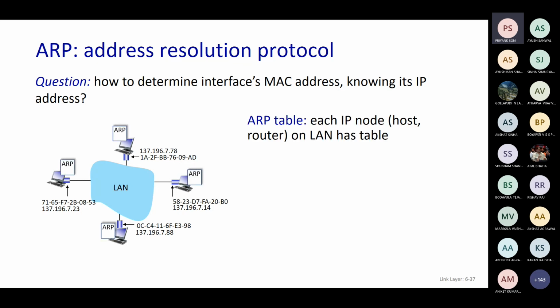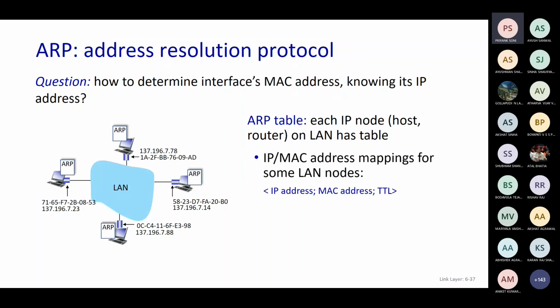This is done with the help of an ARP table, which is assumed to reside within each of these interfaces. Here each of these interfaces is just connected to a node. So in this figure, there is an ARP table at each of these nodes. Now, what does this ARP table give you? It basically has entries of what the MAC address is and the corresponding IP address of a given host. So if you have an IP address, what is the corresponding MAC address?